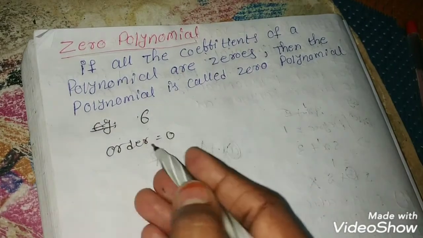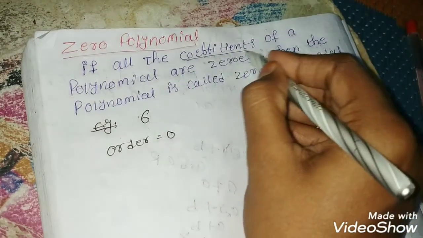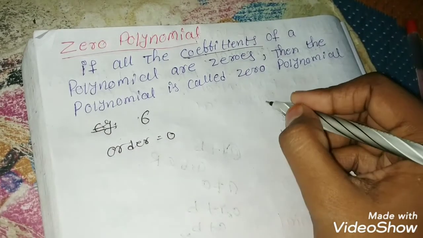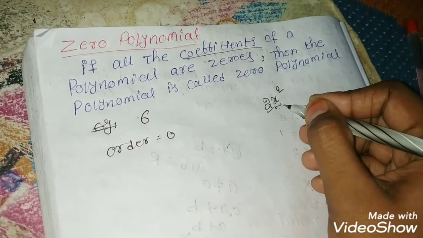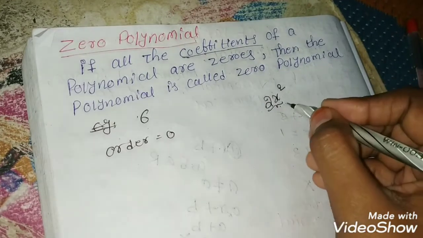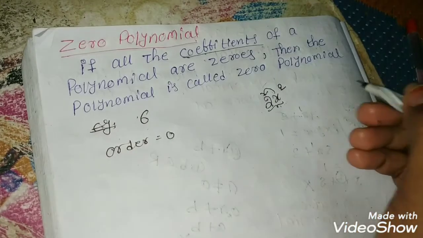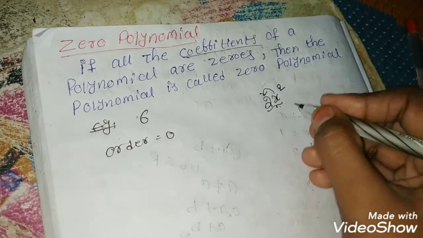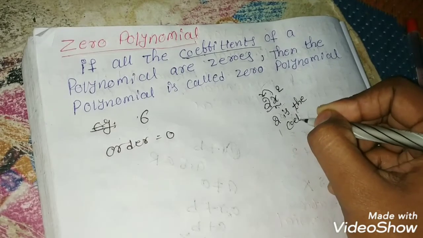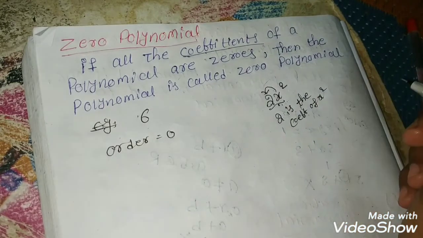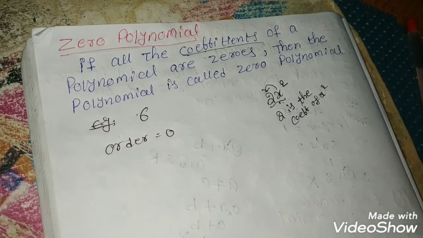And is there any coefficient? So first of all, you need to know what a coefficient is. Coefficient means, if you write like this, 2x square, this is a monomial, because we have only a single term. What is the coefficient of x square? That means the number in front of this x square. So clearly we can say 2 is the coefficient of x square. So clearly you know what the coefficient is.